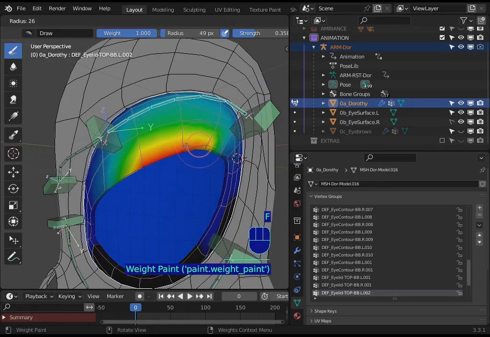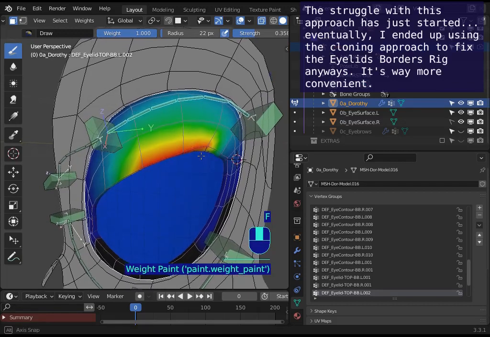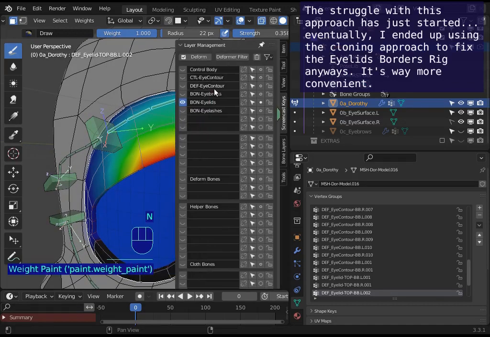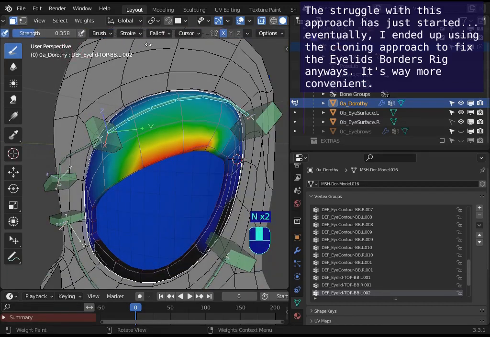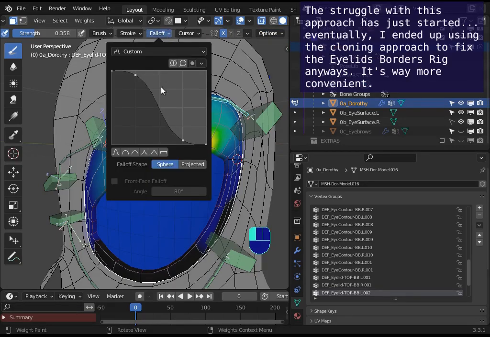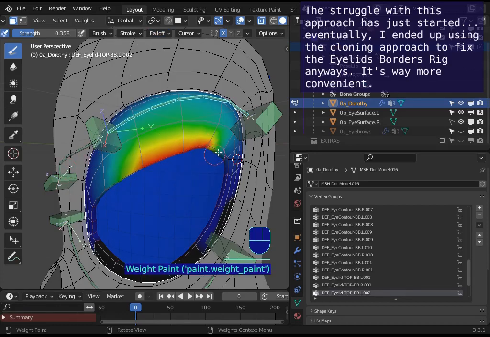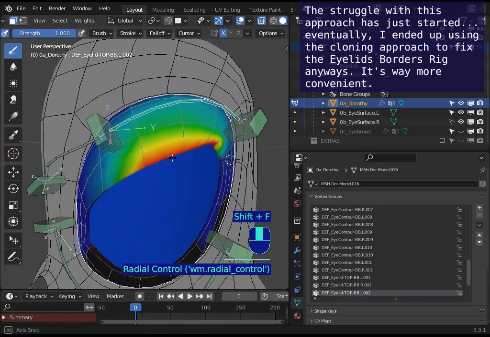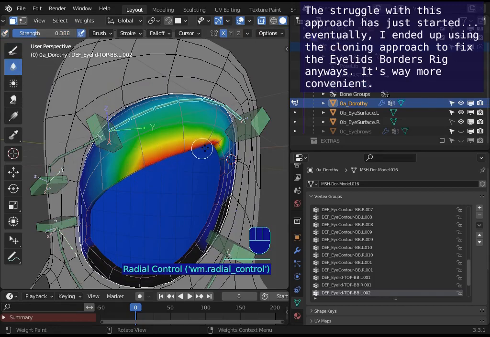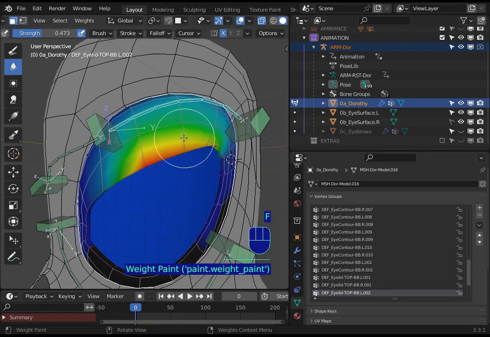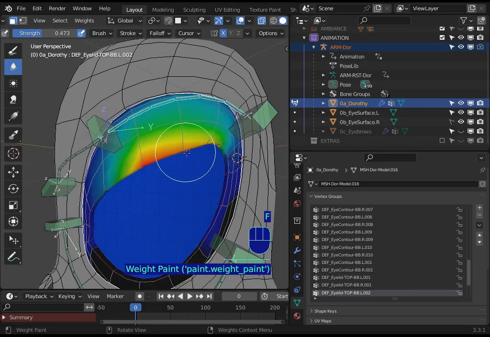Yeah, perhaps not simultaneously. Maybe here would be nice if we use some sort of falloff projected. Maybe yes, so that will, well, or just augment the strength maybe. Okay, anyways, it doesn't need to be equal,